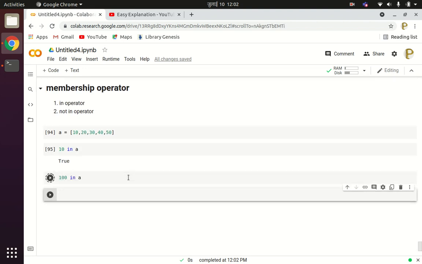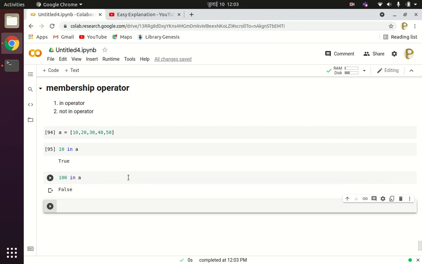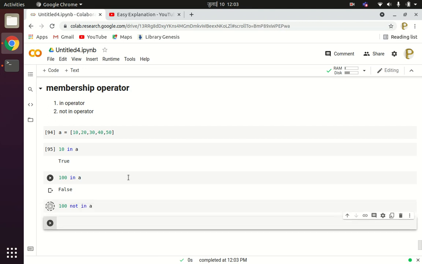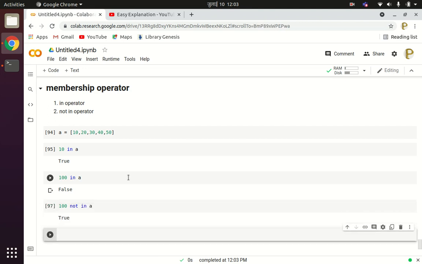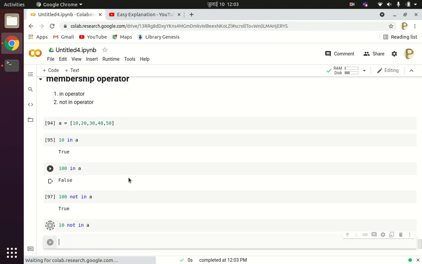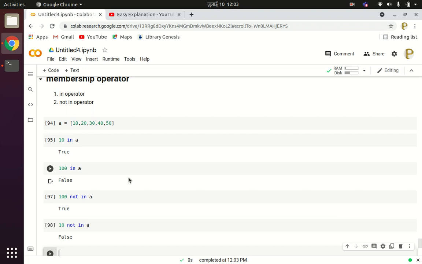So by using the in operator we can check the membership of the given value in the given list or tuple. And if I write 100 not in A, it will return true. And if I write 10 not in A, it will return false. In this way you can use membership operators to check whether the given value is a member of the given list or tuple or not.